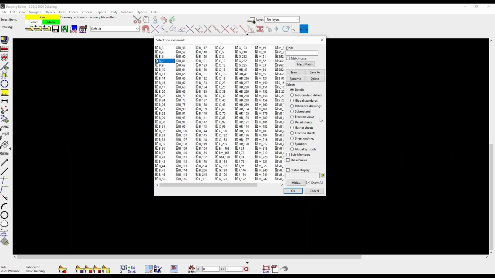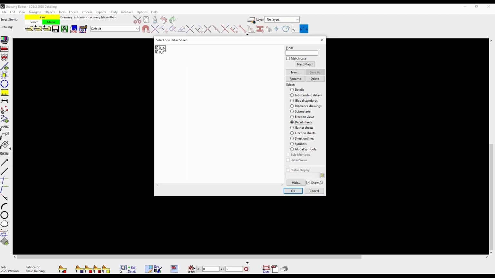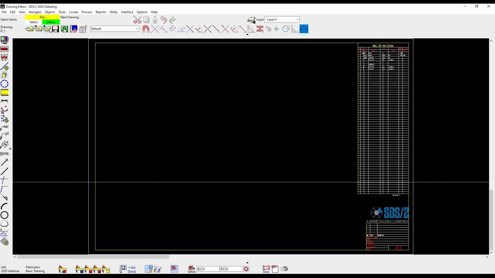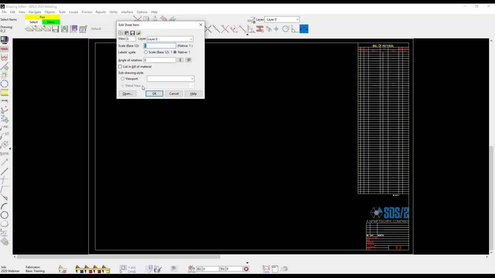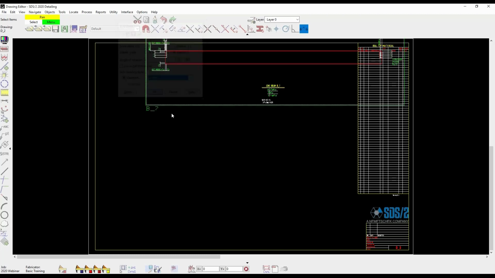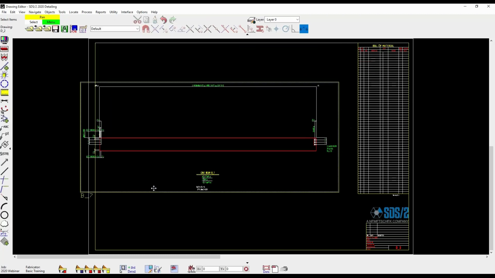If I go back to that detail sheet, that was D2, that no longer exists. There's still a viewport here. That is because B7 still exists, but the detail view for that does not anymore. I can come in here and I can rearrange this, go back to the extents. That is still there, but that detail view is gone, so that viewport of that detail view is gone as